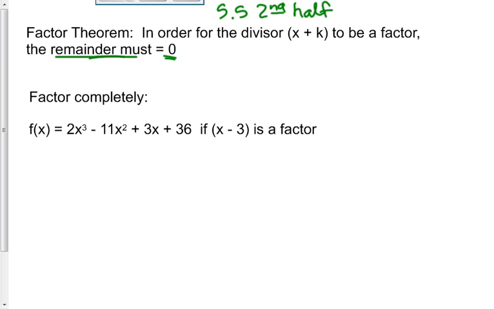All right, so what does that look like? Here's an equation. F of x equals 2x to the third minus 11x squared plus 3x plus 36. Now they're specifically telling us that x minus 3 is a factor. If it is a factor, then I can do my synthetic division, which is easier than long division. I'm going to get a smaller answer, which I can then keep on factoring, which will allow me to factor completely. If I can factor completely, I can come up with all of the solutions, the zeros, the roots,